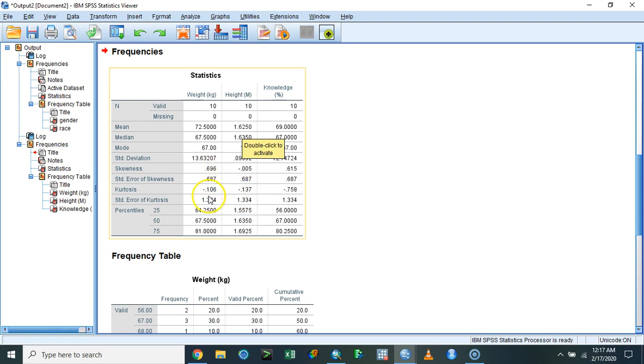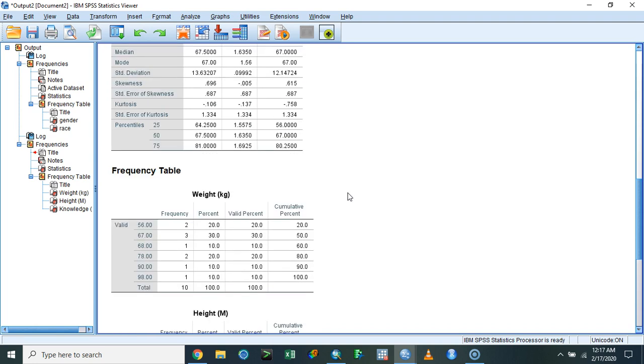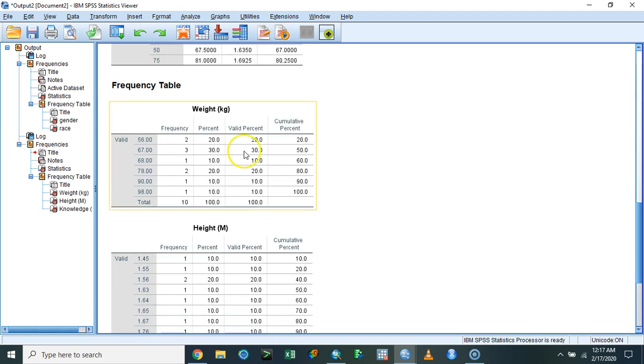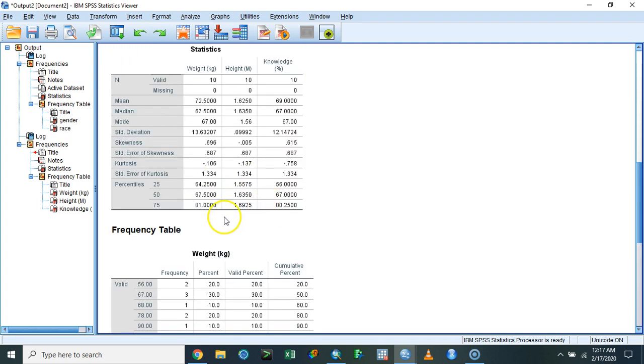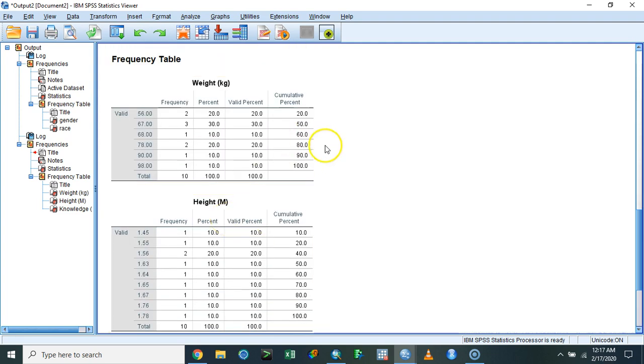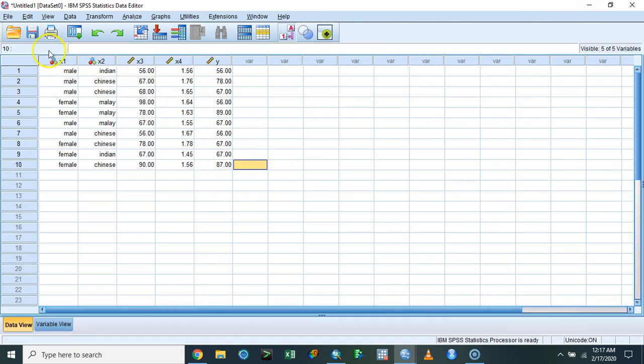Skewness and kurtosis are very useful, especially if you want to know whether your data is normally distributed or not. The frequency table is presented as shown in this output from SPSS. I hope this 5 to 6 minute video gives you some idea about how you can further analyze